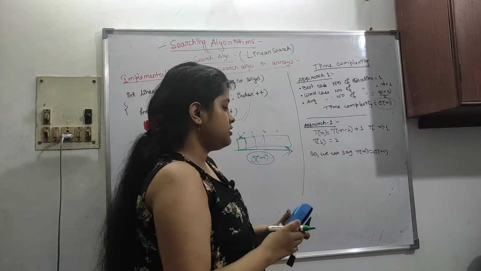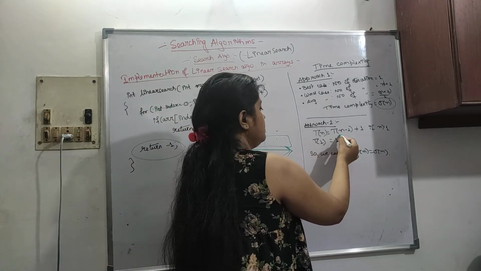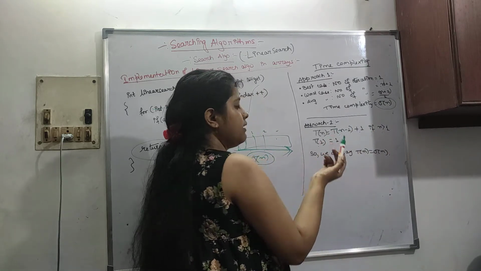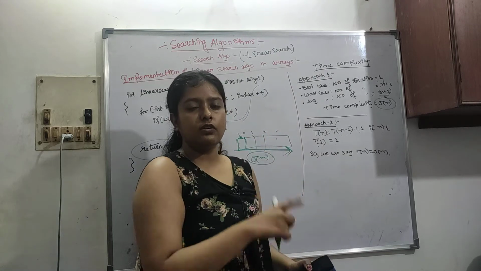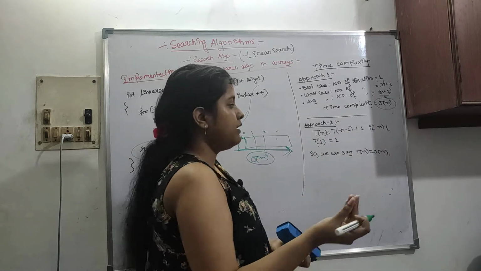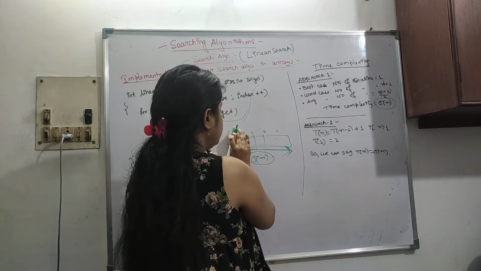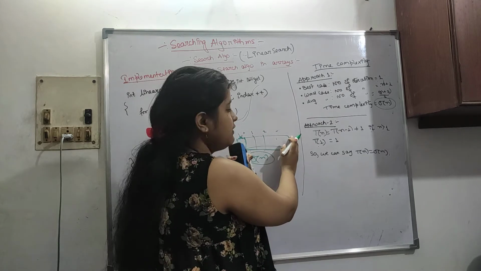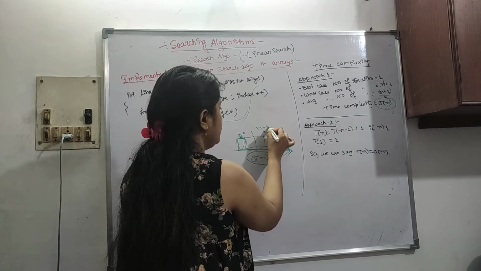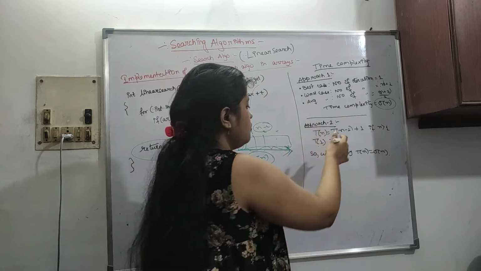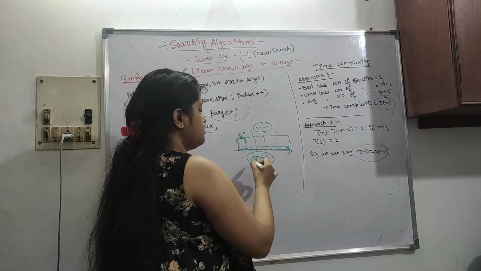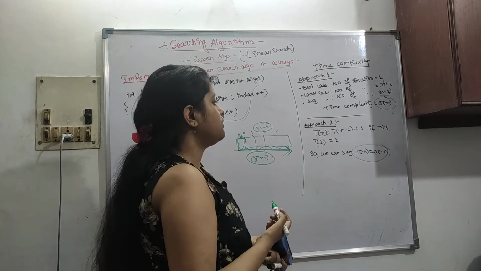Now the recurrence relation is here: T(n) equals T(n minus 1) plus 1 if n is greater than 1. If n is equal to 1, the time complexity is 1, since it has just one element. Otherwise, if it has more than one element, we search one element and then the array is reduced to n minus 1 elements, so we have to check the remaining n minus 1 elements. If we substitute, it also comes down to order of n. So order of n is the time complexity of this algorithm.